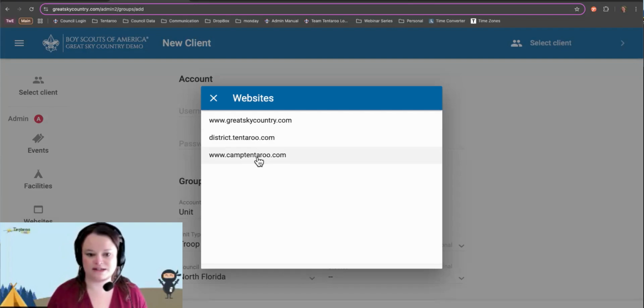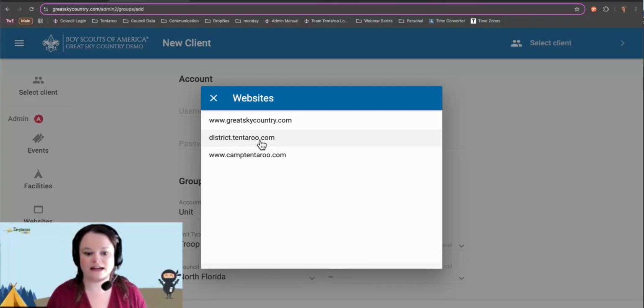If you don't have websites with us and would like to add that module, please reach out to us and we will add that to your service agreement. The module includes a primary site and a free secondary site that's optional and can be used to promote your summer camp. You can add more sites for an additional cost, and we also offer subdomain sites at a much lower cost. For example,